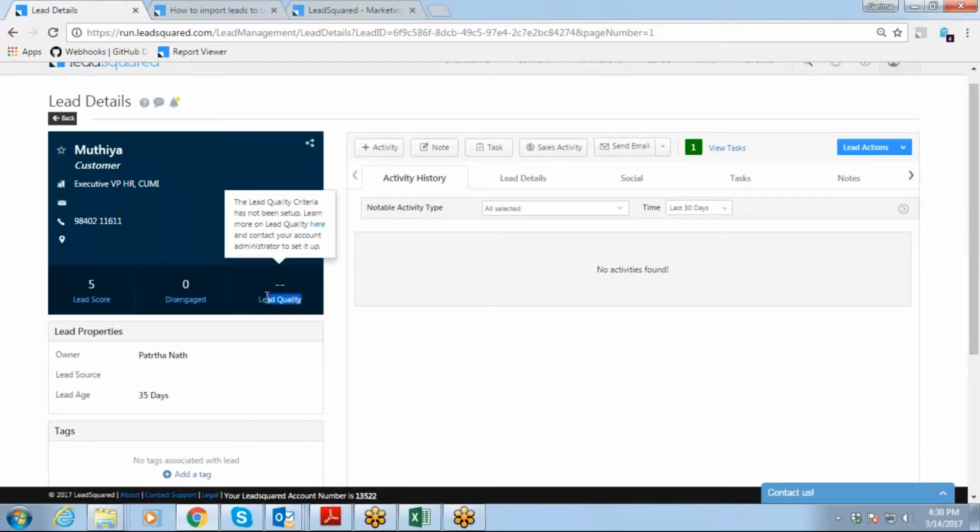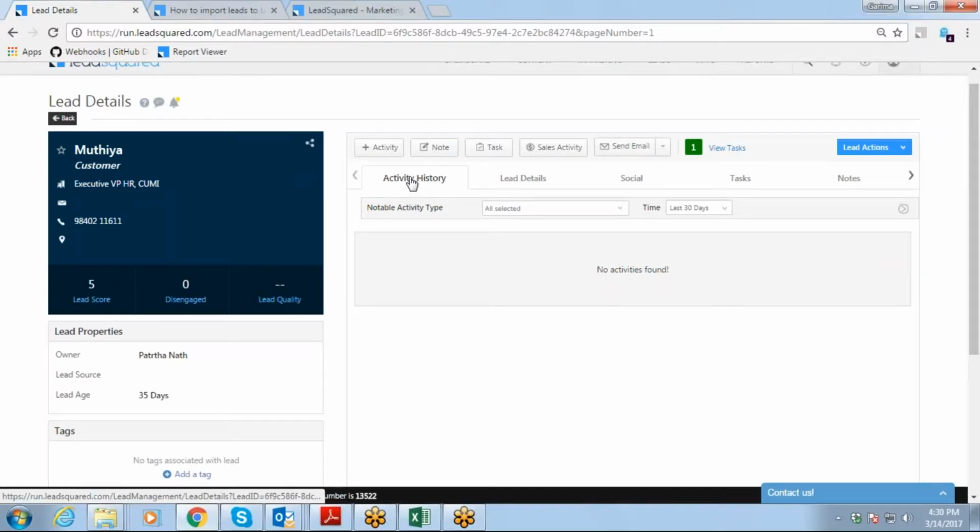The next thing is the lead quality. As a fresh lead comes in, there is a quality criteria set up. So you can just set up a criteria. If it is from Bangalore, you give them a score of 9 out of 10. But if it is the same from Delhi, you give them 8 out of 10, right? So you can give a quality score based on the worth of that lead, right? So if they pay, you can make this score accordingly, right? So the next thing is the activity history.